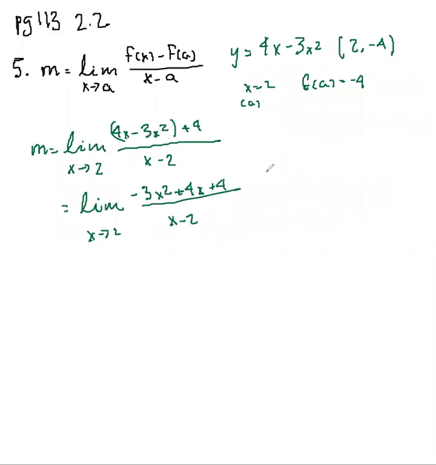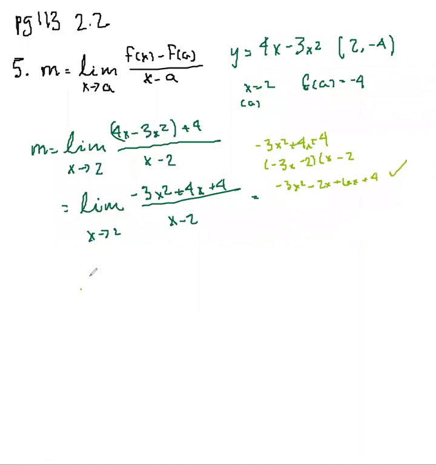We can turn this into, it'll be negative 3x squared minus 2x plus 6x plus 4. So yeah,